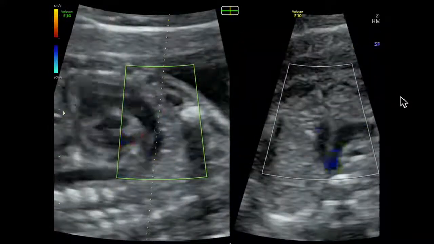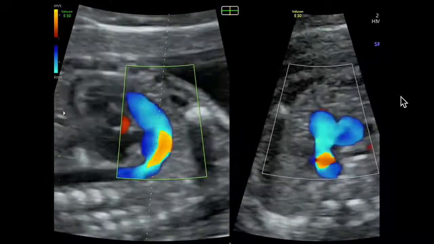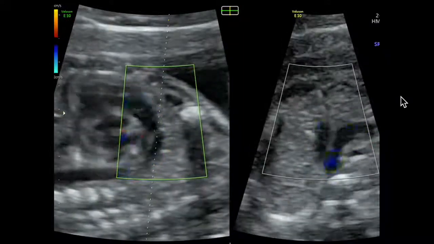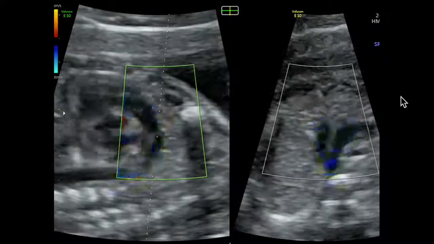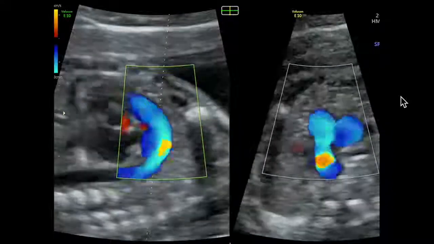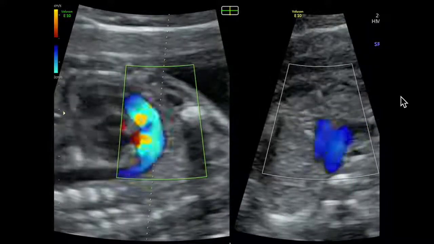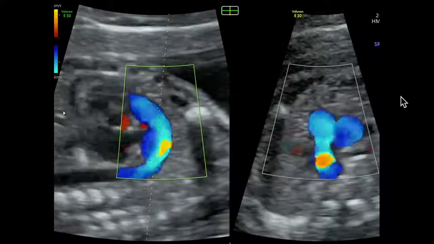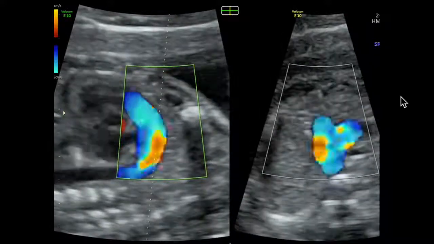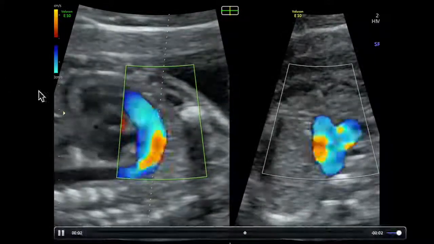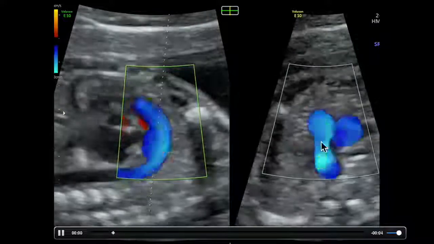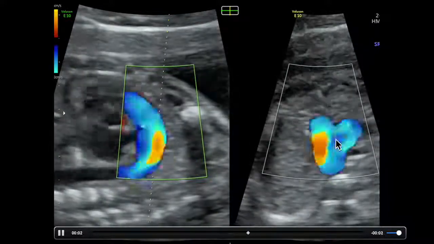You can use it sort of interchangeably on arches to reproduce a 3-vessel view from longitudinal arches and vice versa. So, for example, if you're imaging a late 3rd trimester fetus, and you can pretty clearly always get a 3-vessel view, but you may not be able to get longitudinal arch views, you can use this technology to really flip you 90 degrees and reproduce. Here from a ductal arch, I've reproduced a 3-vessel view,